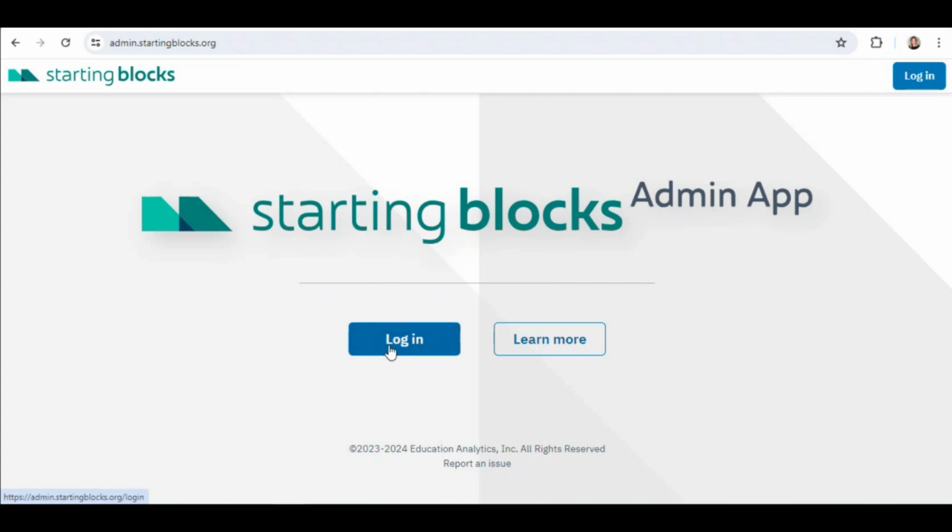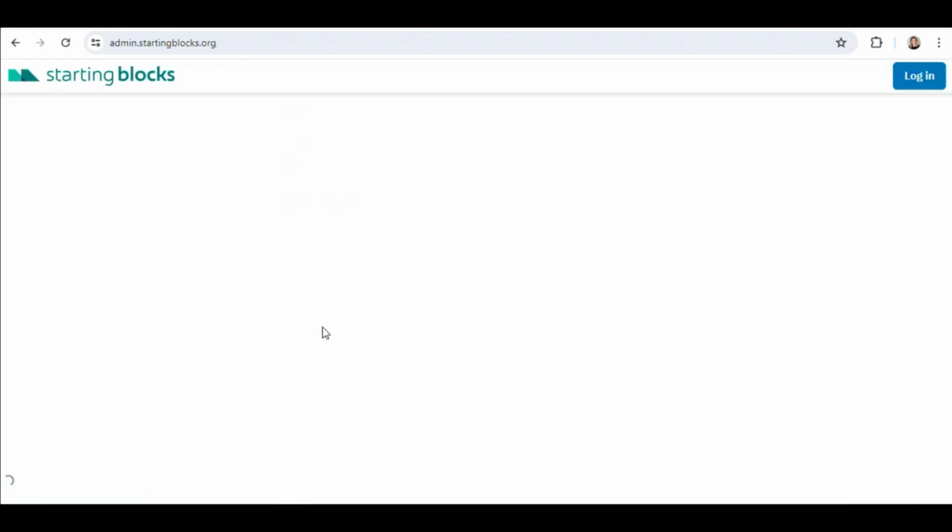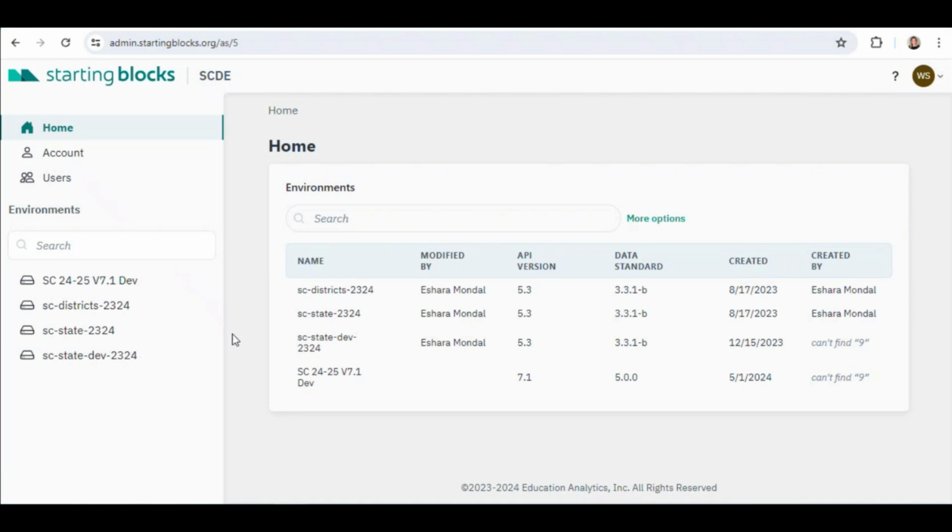Now, when I log in, it's going to take me directly into it because I've logged in before. When you log in, you will probably see an option to either log in using single sign-on with a Gmail account or with Microsoft. So let us know if you have any trouble logging in. All right, once you're in there, your screen is going to look very similar to mine, but also a little bit different. So I'm going to go through the differences here.